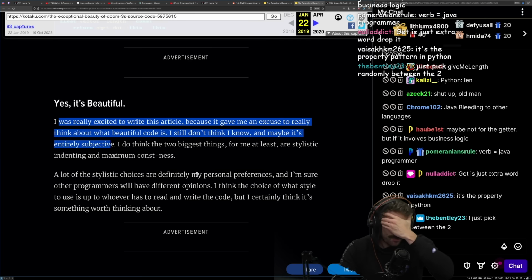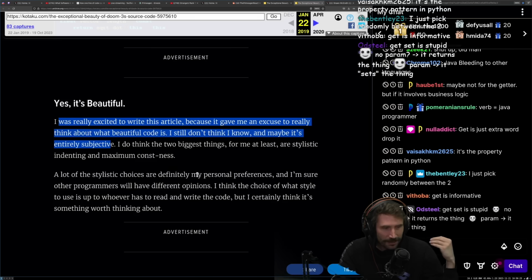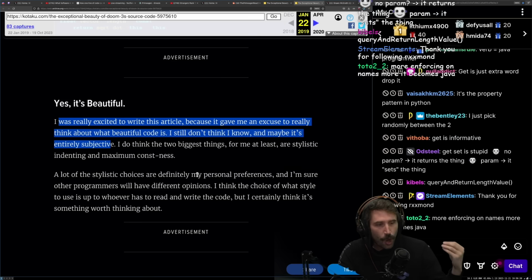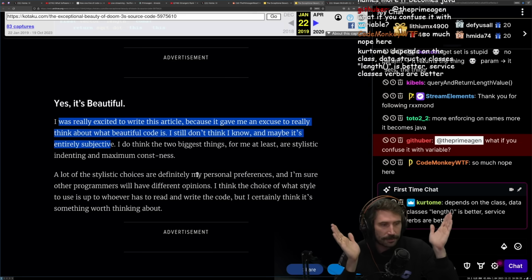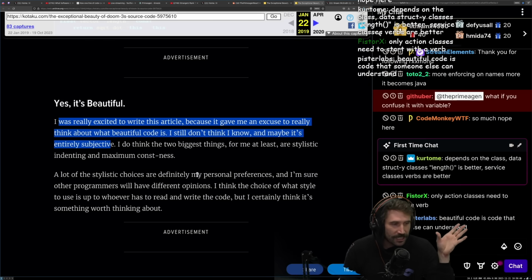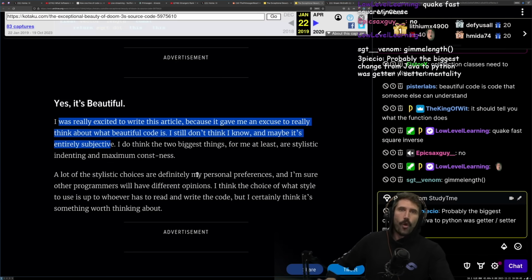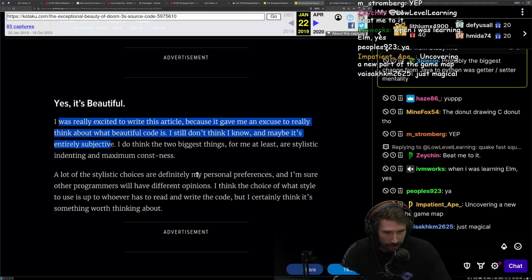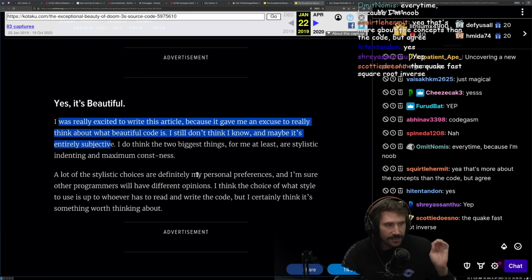I'd say the only time I've truly been struck by beautiful code is, no matter how ugly it is, when someone solves a problem so differently than me that it feels like I've unlocked a new way to solve a problem in my brain. Has anyone ever had that? It's where you see something done so differently than how you would approach it that you're just like, oh wow, right? It's so cool. It's such a great experience. It's magical. And it doesn't happen very often, but when you do see it,